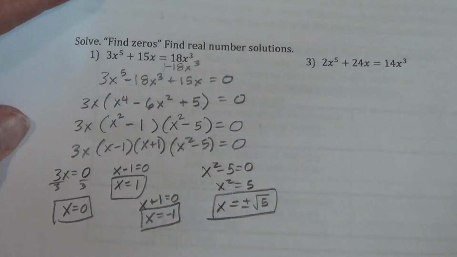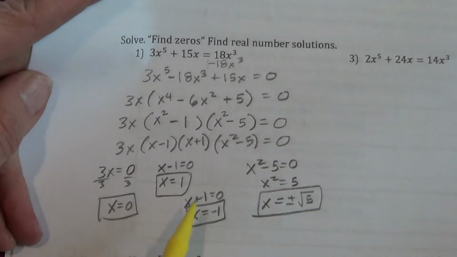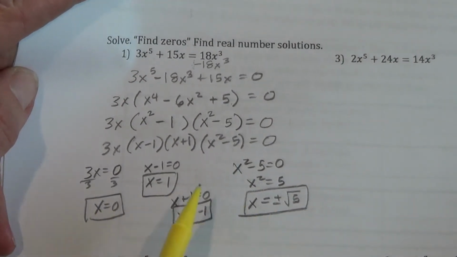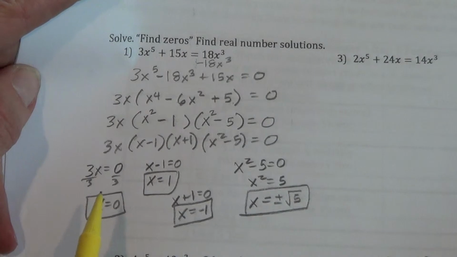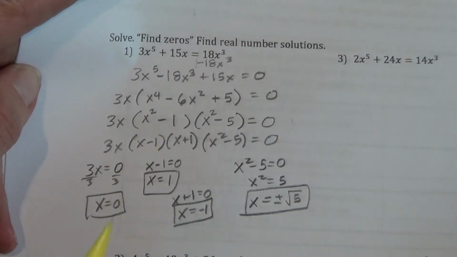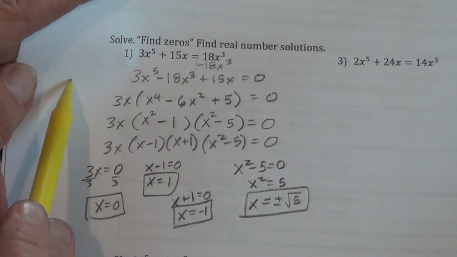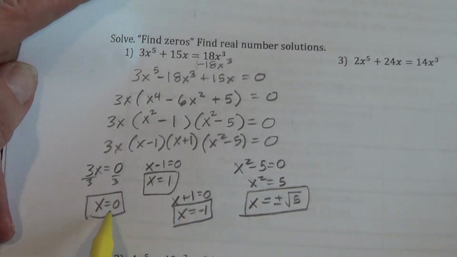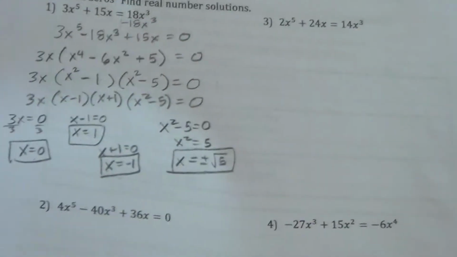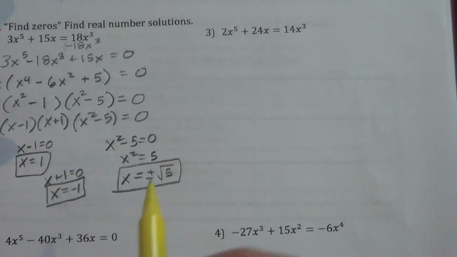Okay, so we have 4 different zeros, actually 5 different zeros for that polynomial. And that means on the graph, they're either touching or crossing the x-axis at 0, at 1, at negative 1, and at plus or minus radical 5. Okay, so the next